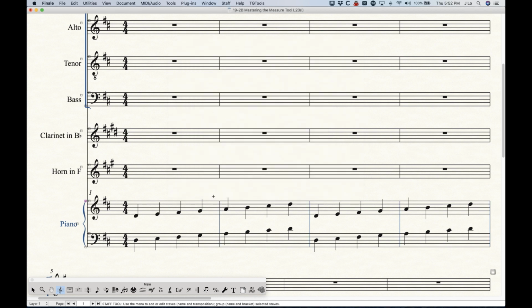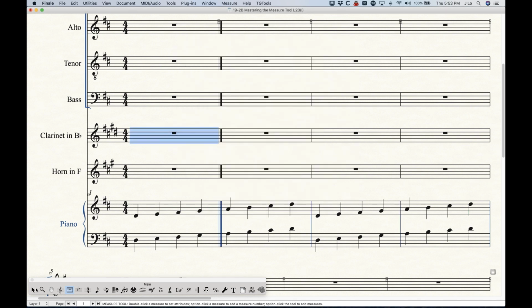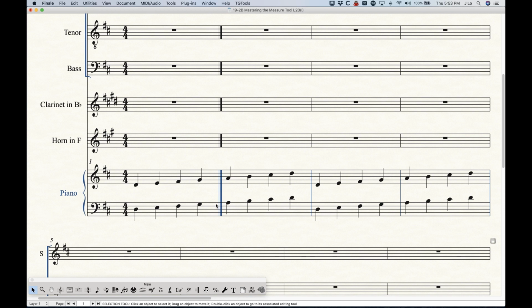Now, one thing that's unique about group bar lines, and this will be a little bit more evident if I change this bar line to say final, what you'll see is that normal bar lines are black, but the group bar lines are blue. And you'll probably know that Finale will color certain things just to help you understand how things are grouped in the program. And groups get colored blue. So you can see now that this blue bar line here, or all the bar lines in the piano part, are blue because that means the settings of these bar lines are unique